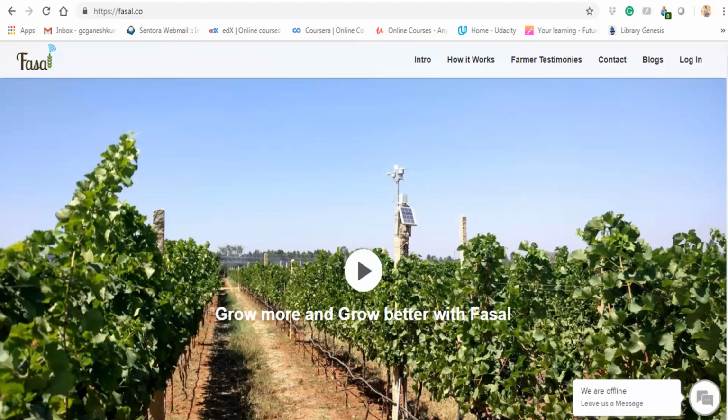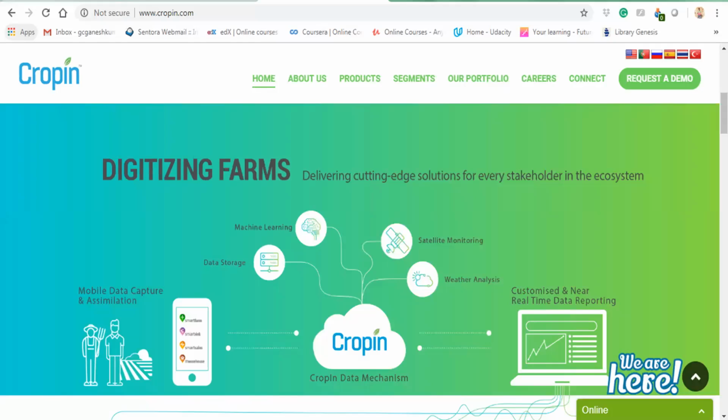So they are already using it, and they are getting very good results from this technology. Another one is Cropin. You might know this company. They are also making some software products, blockchain and other related products to manage farms effectively. Not only for farms, they are also using it for warehouses and other related products. Everywhere they are using data, and based on the data they process it and give some recommendations.